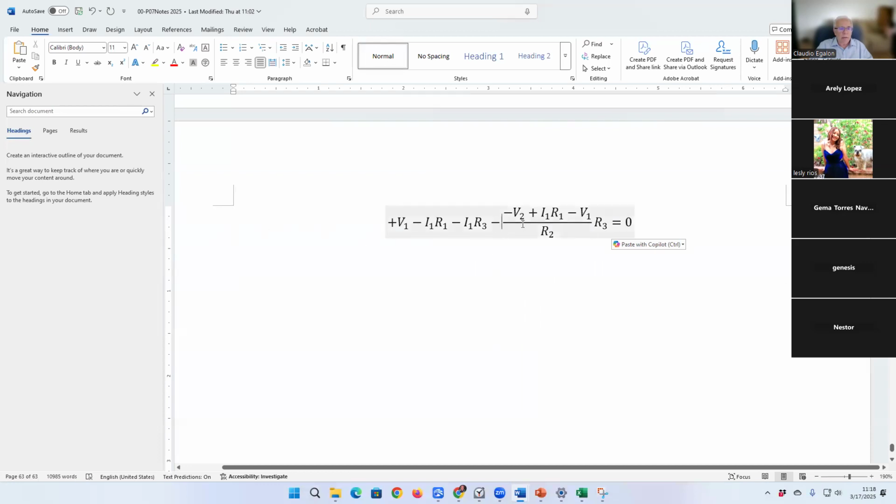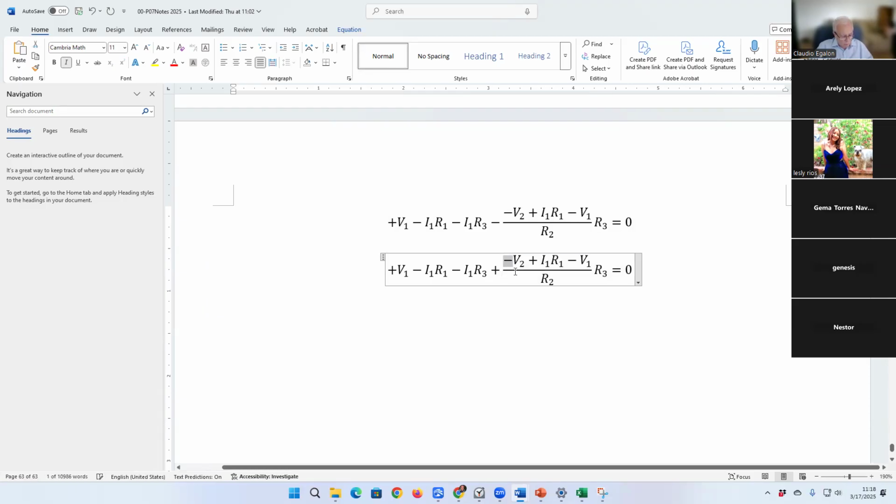I'm going to expand this term here. But first, let's change the sign. Okay, when I change the sign, this one becomes positive. This one becomes negative, and this one becomes positive, right? And then we expand